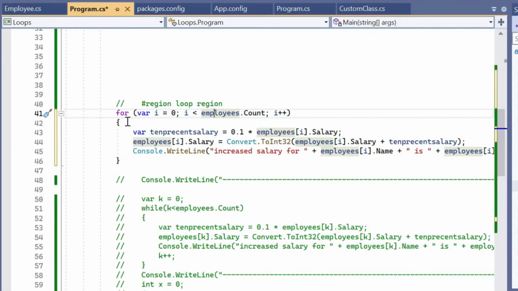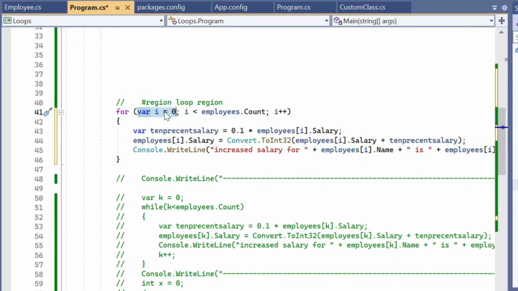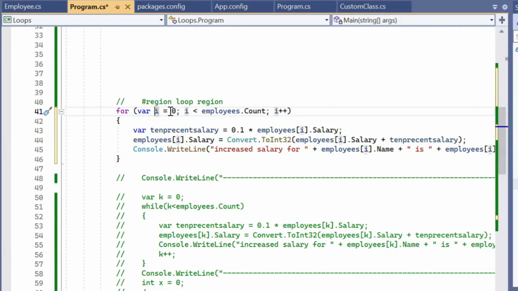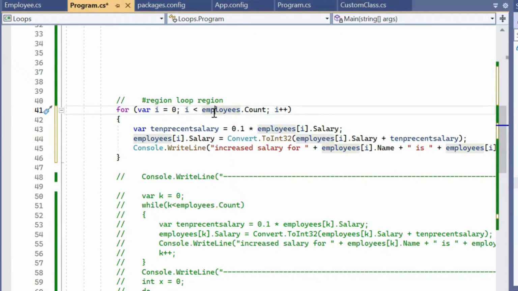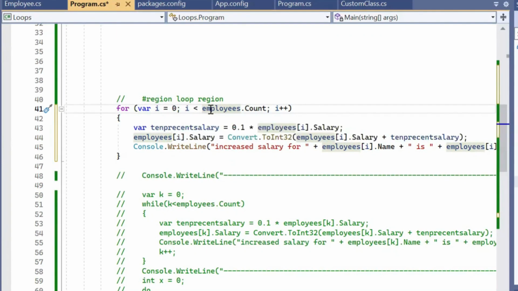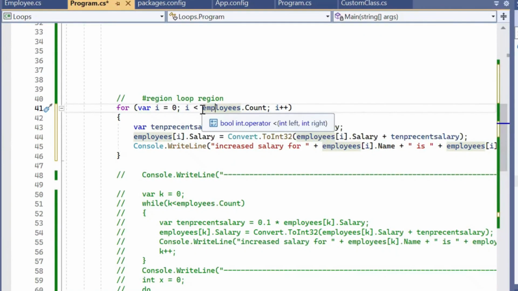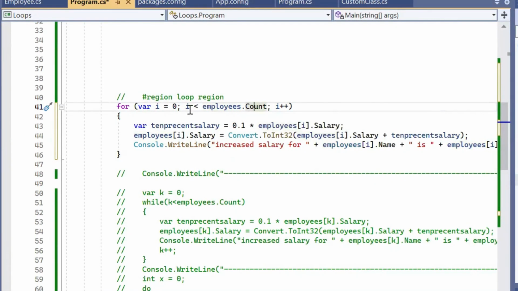Here is our initialization: I have created one variable i and assigned the 0 value to it. After that, I'm writing the condition, meaning till when I want to run this for loop. I am taking i is less than employees.Count,